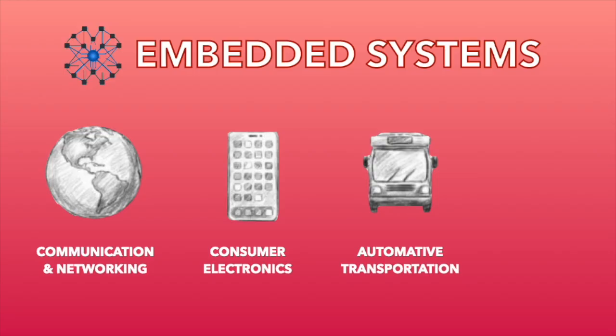Automotive transportation refers to vehicles and systems used for moving people and goods, such as cars, buses, trucks, and motorcycles. Modern automotive systems heavily use embedded systems to improve safety, performance, and efficiency. In vehicles, embedded systems control many important functions. For example, the engine control unit (ECU) manages fuel injection, air control, and ignition timing to improve engine performance and reduce emissions. Safety systems like ABS, anti-lock braking system, airbags, and traction control also depend on embedded systems to react